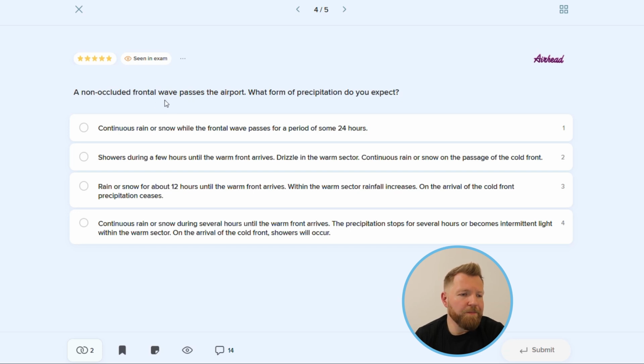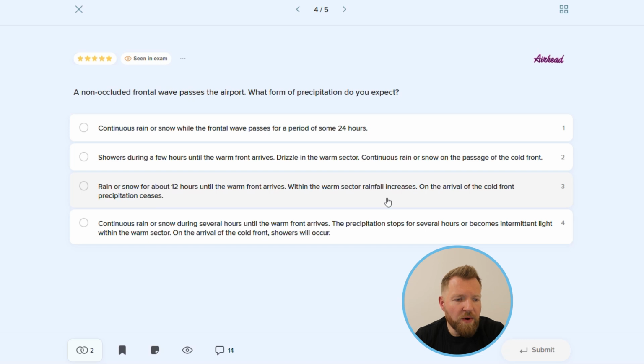Question number 4. A non-occluded frontal wave passes the airport. What form of precipitation do you expect? Continuous rain or snow while the frontal wave passes for a period of some 24 hours, showers during a few hours until the warm front arrives, drizzle in the warm sector, continuous rain or snow on the passage of the cold front,